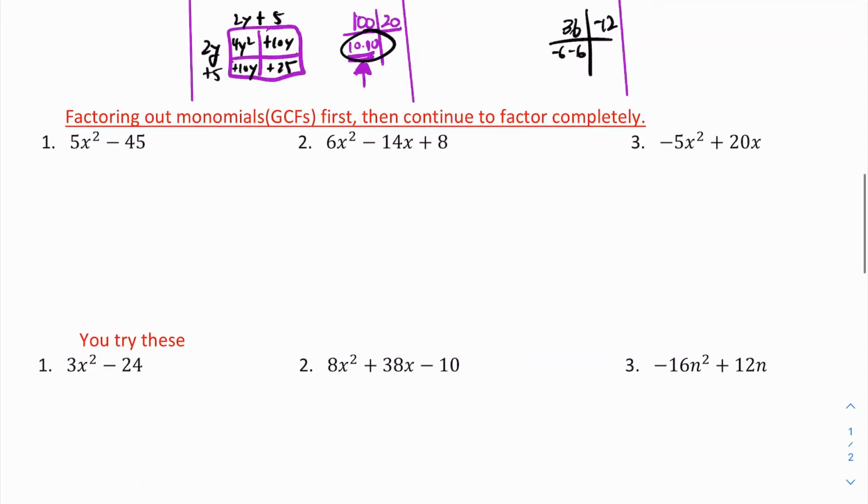So greatest common factor means what do they have in common? So these have a 5 in common, and I'm left with an x squared minus 9. So because we have an x squared, you have to look to see if you could still factor that. This right here